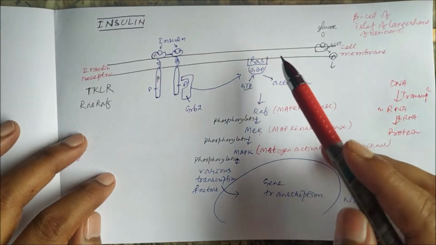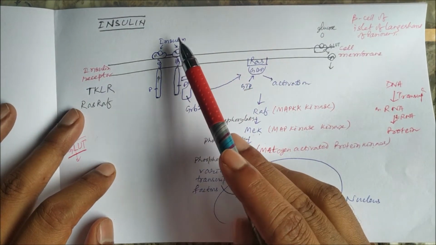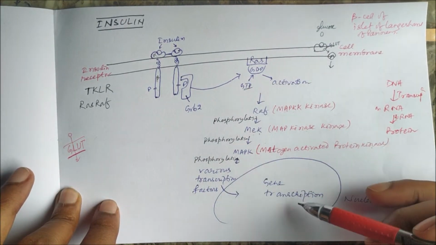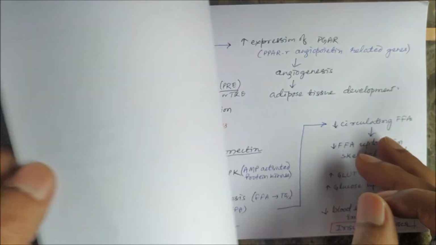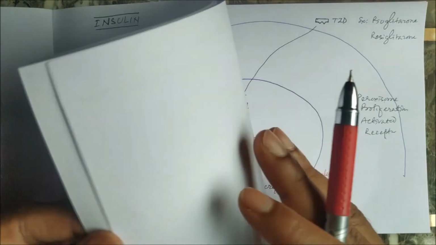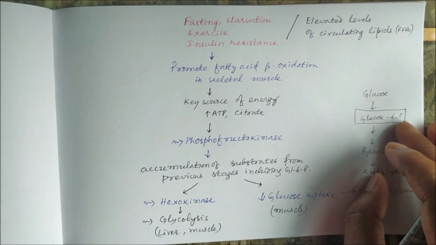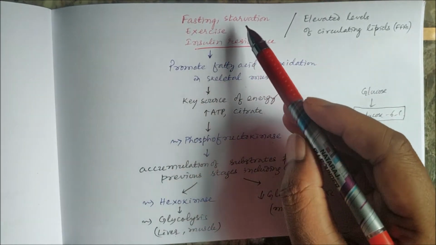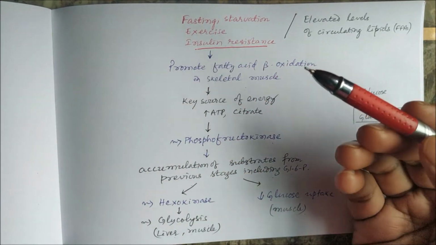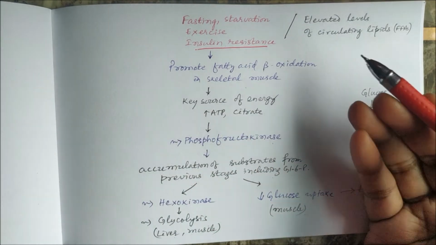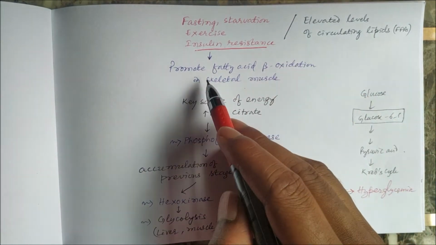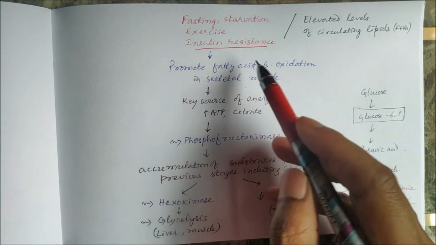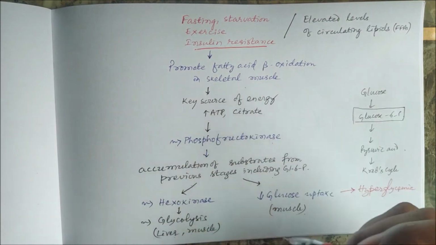And when there is insulin resistance, that means insulin is there, but insulin is not able to do its function through this gene transcription. So that condition is called insulin resistance. And in case of insulin resistance, or fasting condition, or during starvation, or due to heavy exercise, due to the absence of glucose, it will promote fatty acid beta oxidation in skeletal muscles, and this fatty acid beta oxidation becomes a key source of energy,